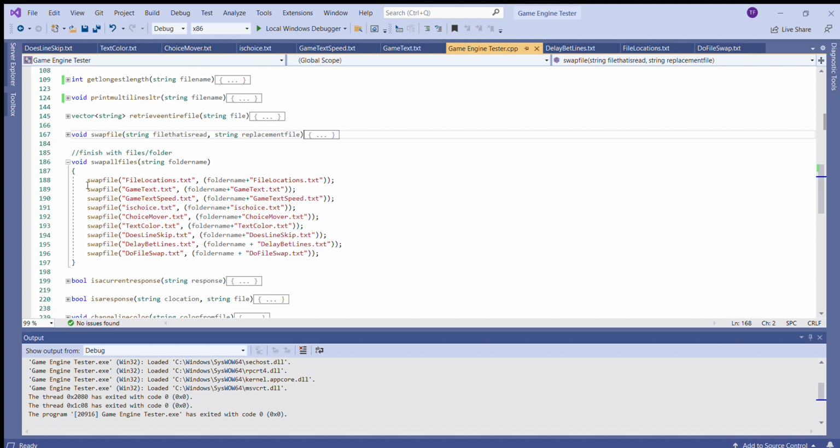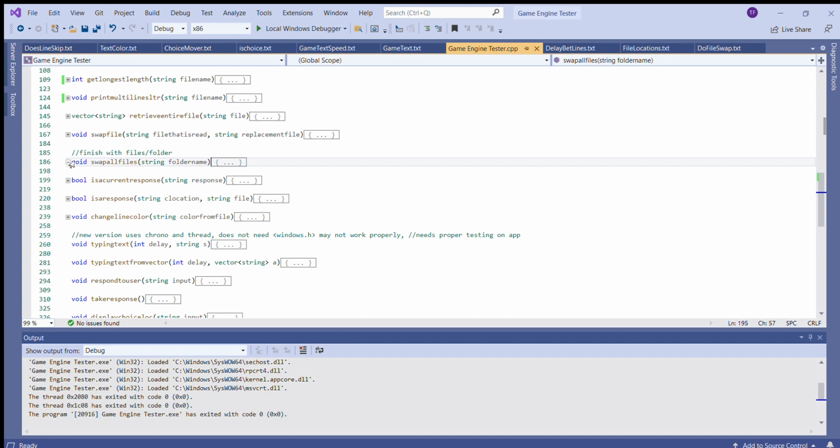And then swap all file just calls swap file for every single file. So essentially swapping folders. I'm actually going to do this